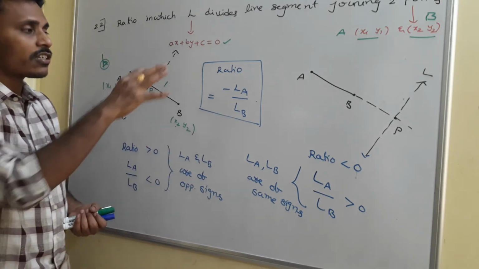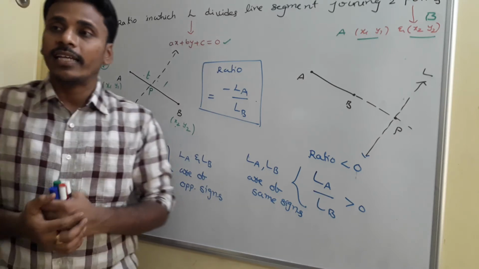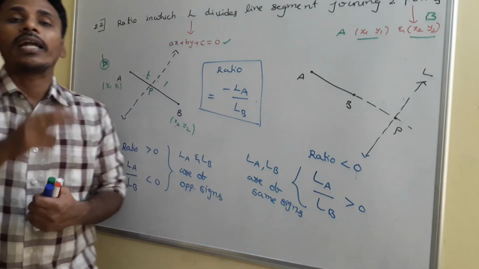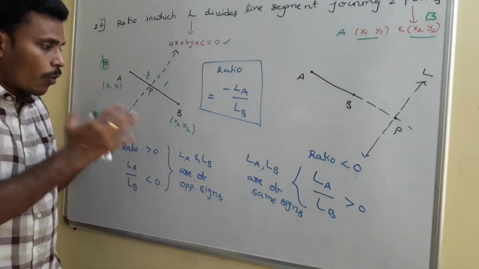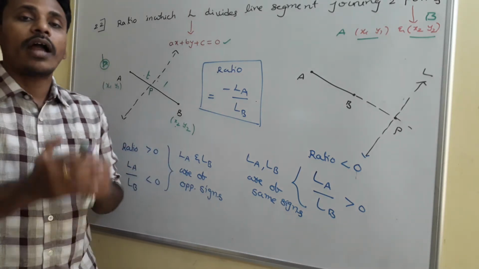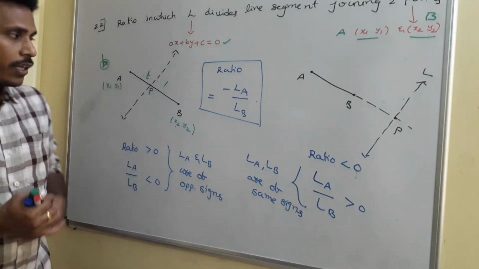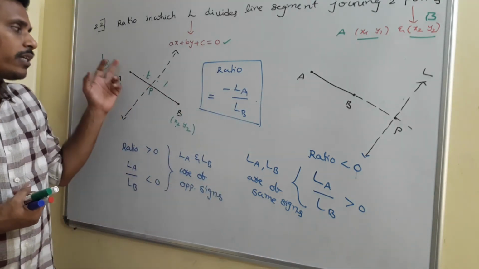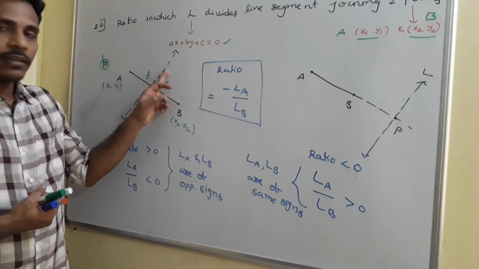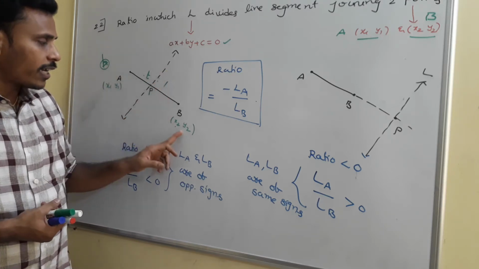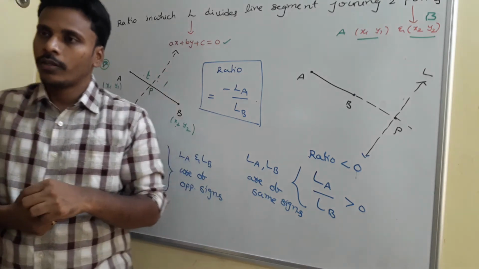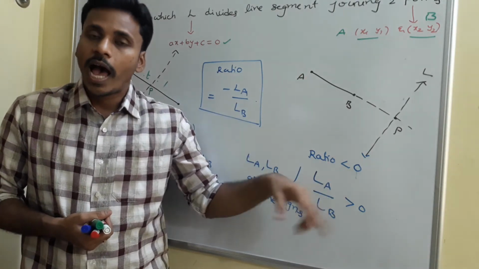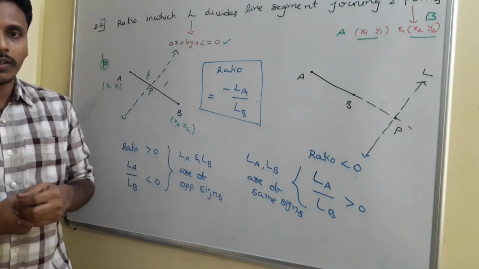So this complete discussion gives us two ideas. The first idea is finding the ratio in which the line divides the line segment joining two points. The second idea is deciding whether the points are on the same side of the line or on either side of the line. These two possibilities are very important, and we need to memorize them. If the points are on opposite sides, substituting one point in the line gives a positive sign and the second point gives a negative sign. Whereas if both points are on the same side, substituting those points in the line, either both values are positive or both values are negative.